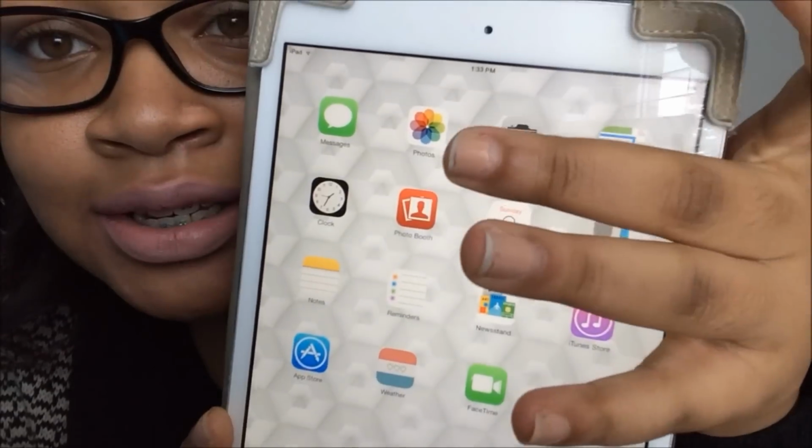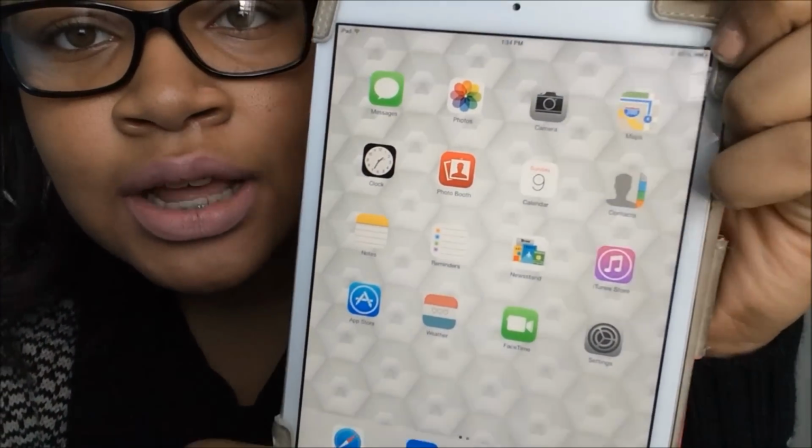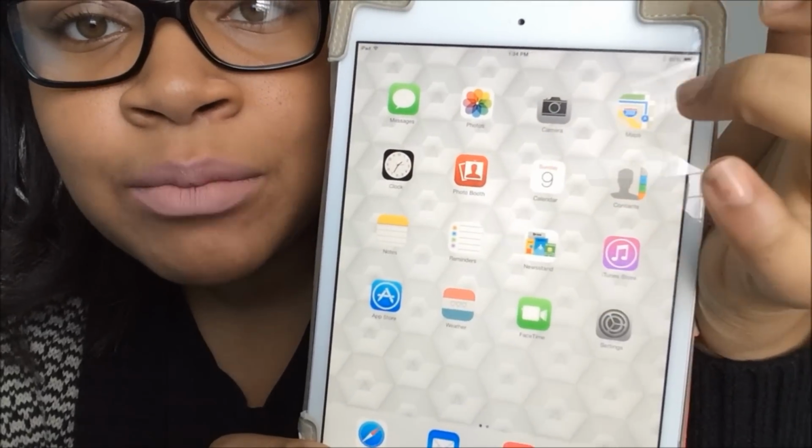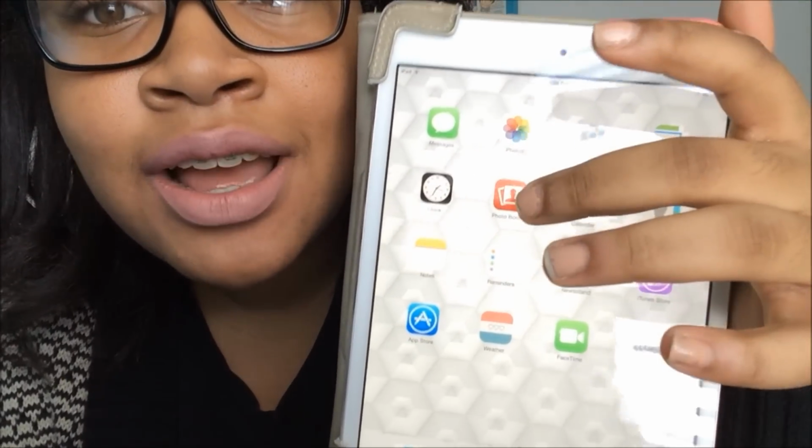But anyway, I have messages, photos, and in photos I just have a random picture of my friends and I, and your standard photos. Again, everything is synced up to my phone. Then we have camera, which I don't use often on here because the iPhone takes better pictures. I have camera, maps, which I never use, clock, which I don't really use, photo booth,